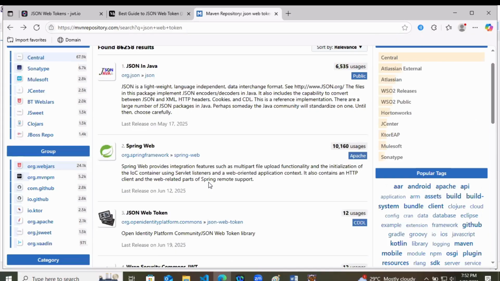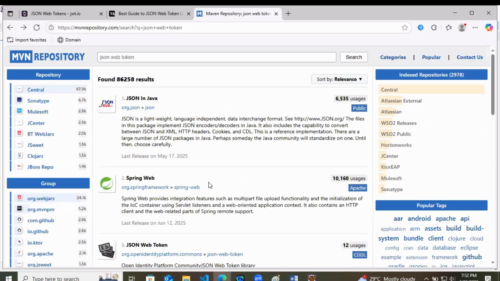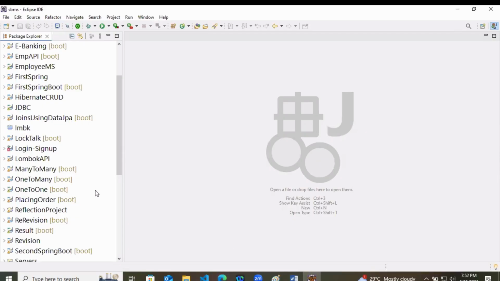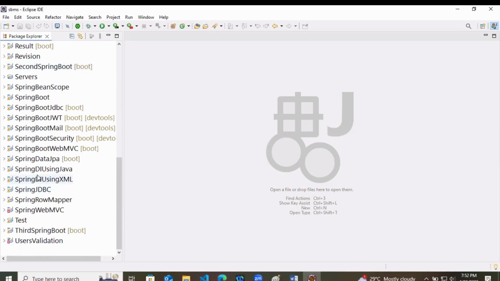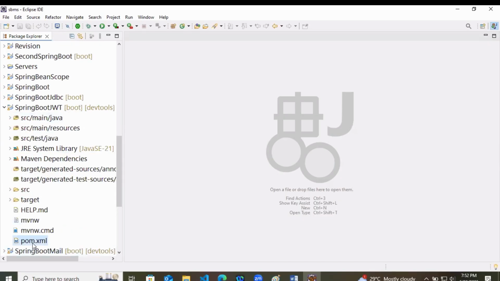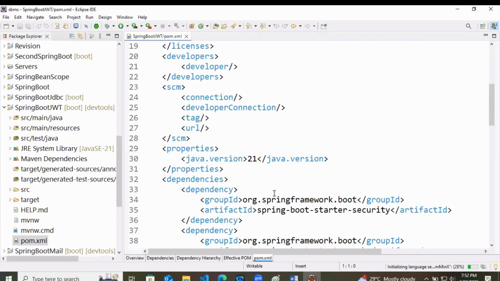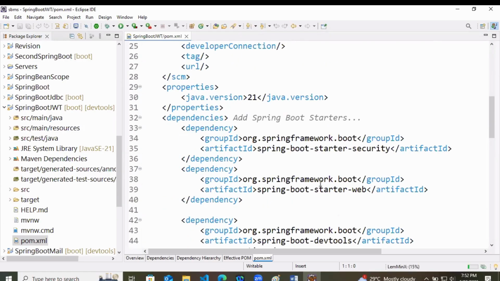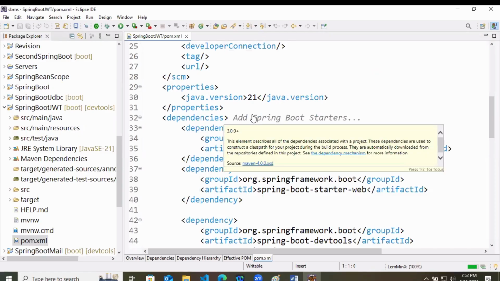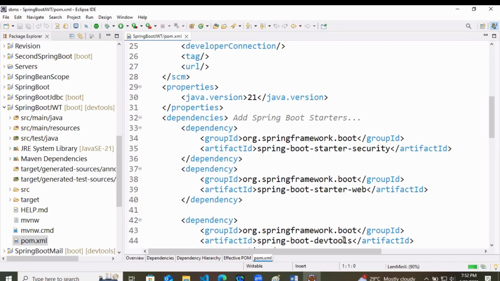Some fake ones are also there. So we'll check it in Spring Boot here. Go to pom.xml. Let it load. And here you will get this option, add Spring Boot starters. So let it load first.